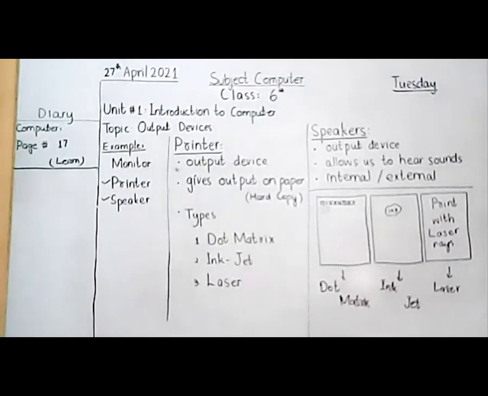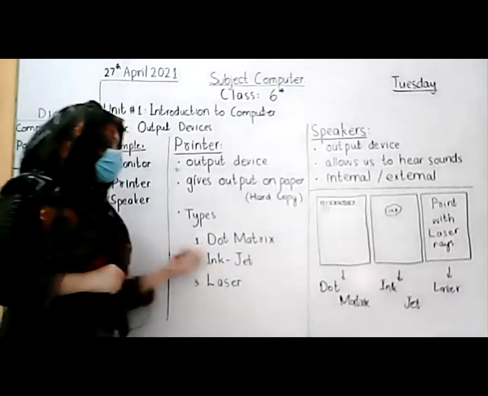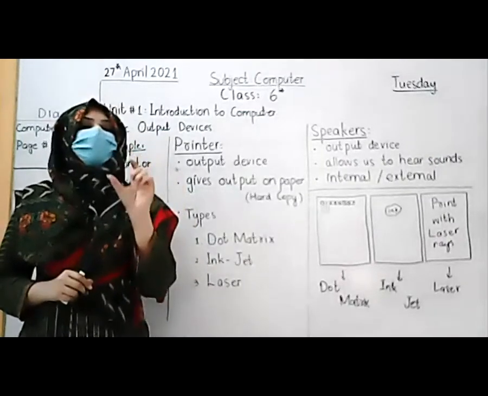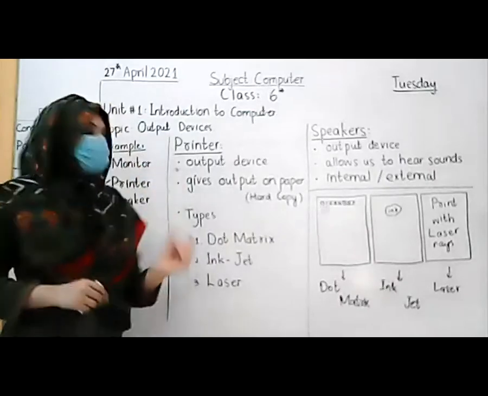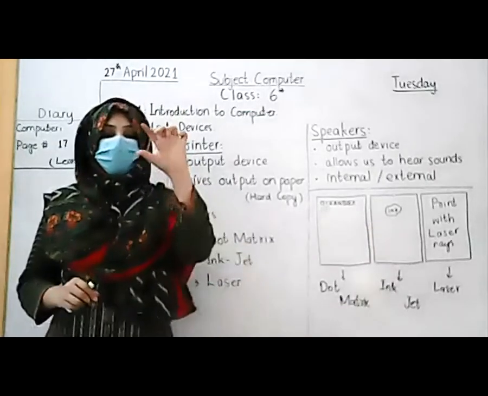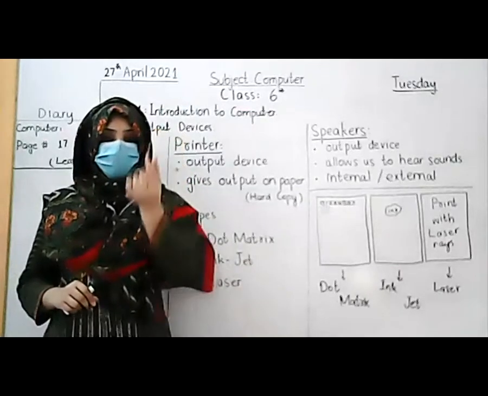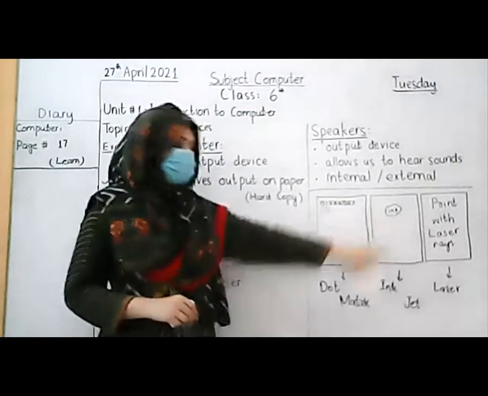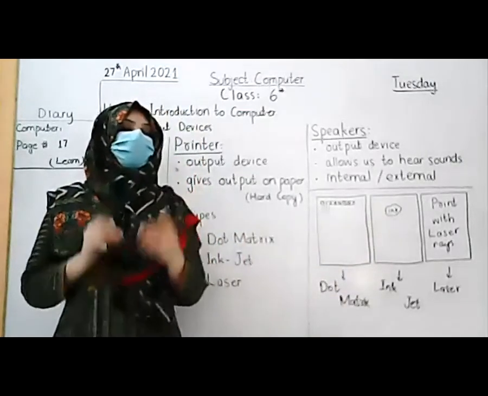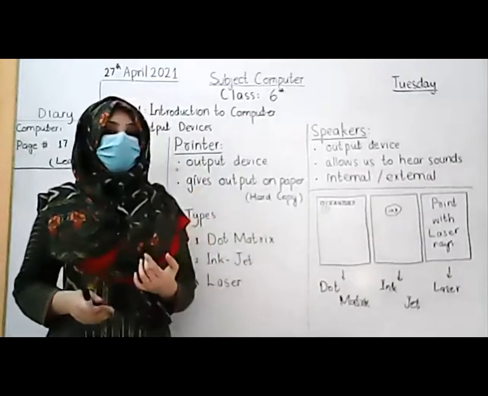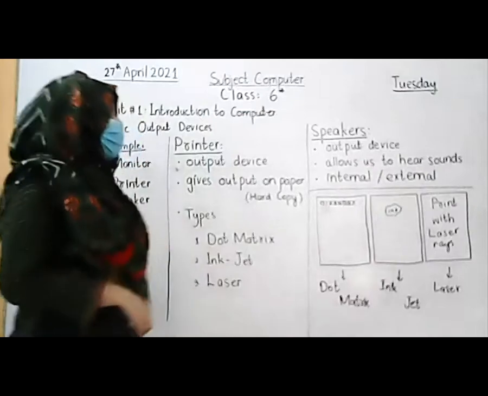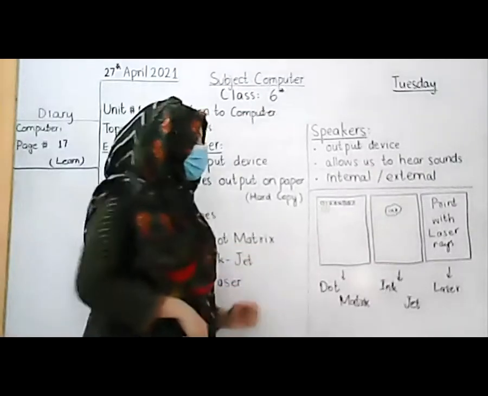Okay, now we will go for the inkjet printer. How does the inkjet printer work? First of all, a dot or spot of ink is dropped onto the paper through an ink pin. From the pin, ink comes outside and is put on the paper. When the ink separates, it will show you the letters or numbers you want on this page. Okay, now I will go for the laser printer.